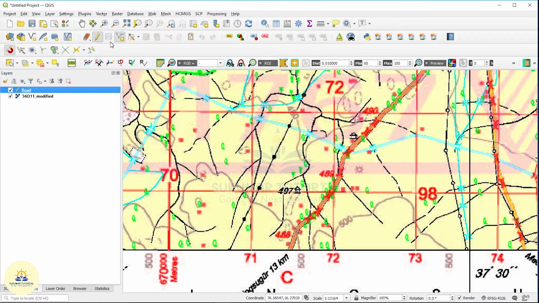Then you take your cursor, that is, digitize your lines. The cursor mark has come. You start from this end. In the middle of the road you have to digitize. For digitizing, you have to press the left mouse button. That is how you are adding a node. Whenever you press the left button, you are adding a node. According to the bend and curve of the road, you have to give more or fewer nodes.